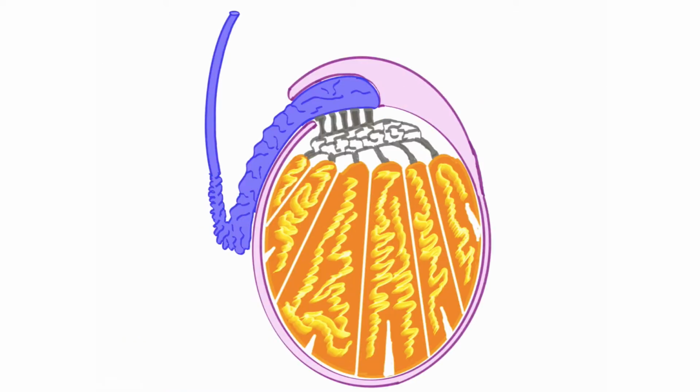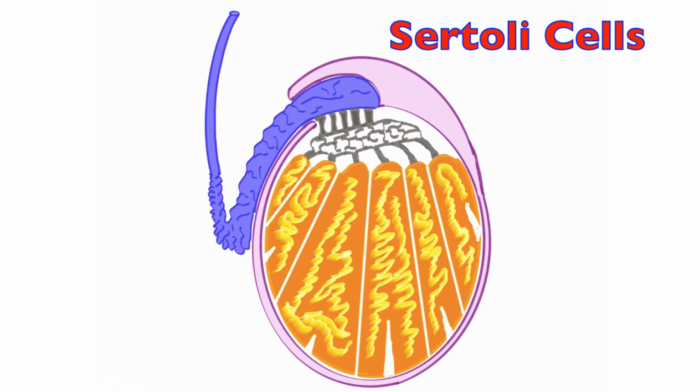Here's a picture of a testis, and there's a number of different parts of this. In yellow here are the seminiferous tubules, where the production of sperm cells begins from spermatogonia to spermatocytes to spermatozoa. It is supported by cells within the seminiferous tubules known as Sertoli cells, which facilitate the growth and nourishment of